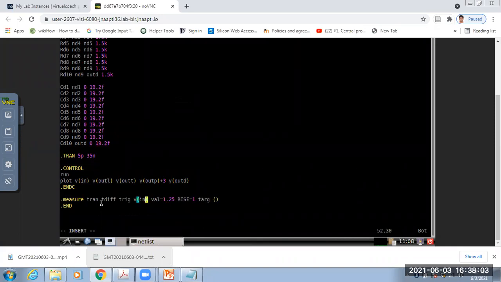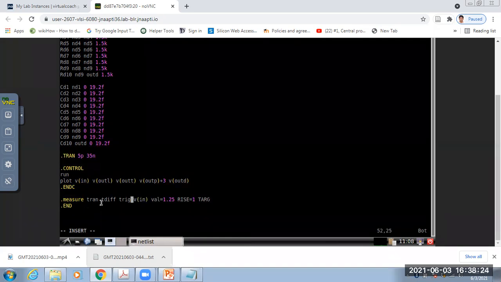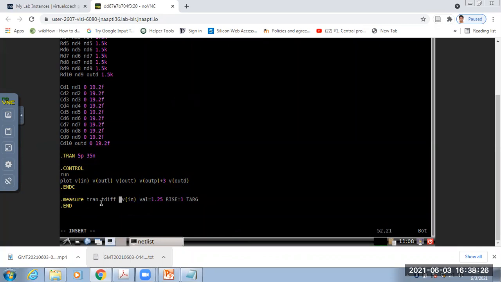V in to V out will be checked. So target, you can make it capital TR, TARG. Okay, it will work. Trigger: trig V in val, rise equal to 1.